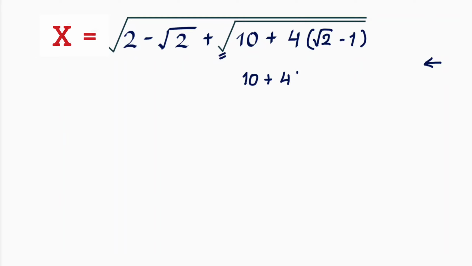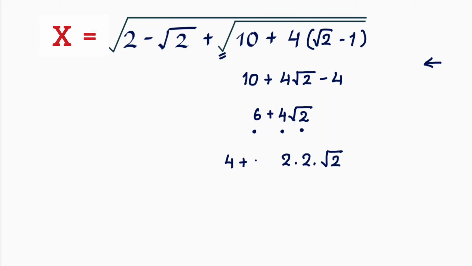10 plus 4 root 2 minus 4. As we have done earlier, look for the patterns. 4 root 2 is 2 into 2 into root 2, and 6 is 4 plus 2. So this becomes